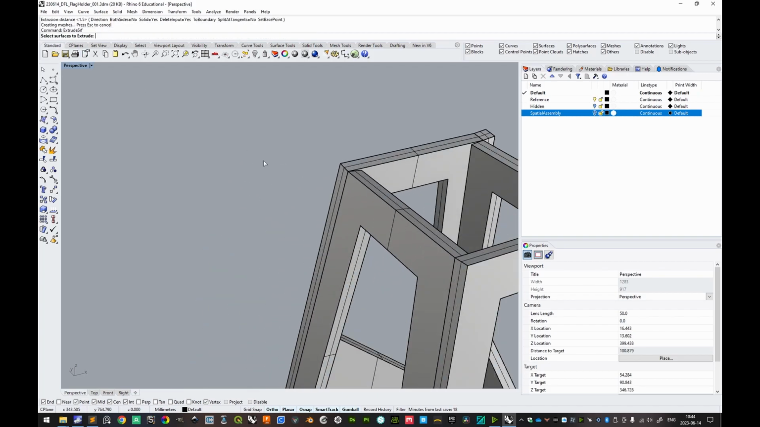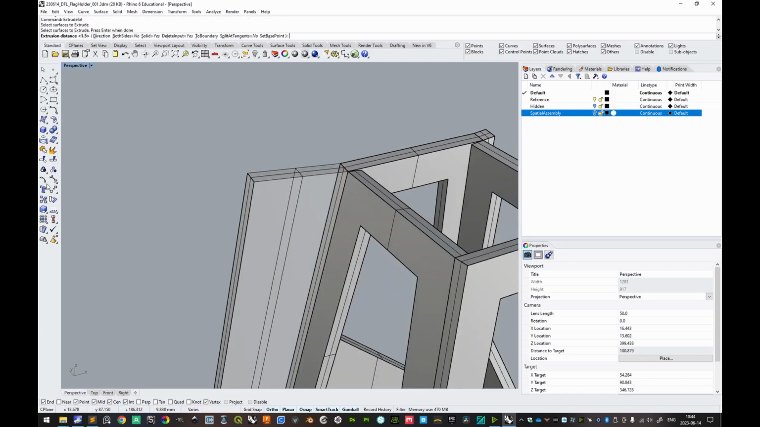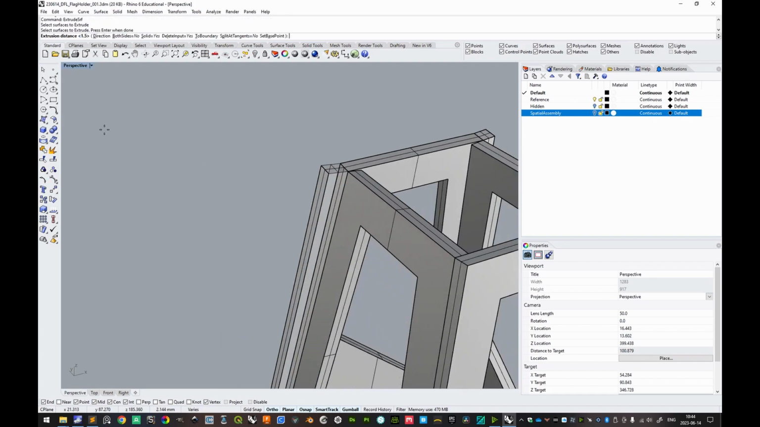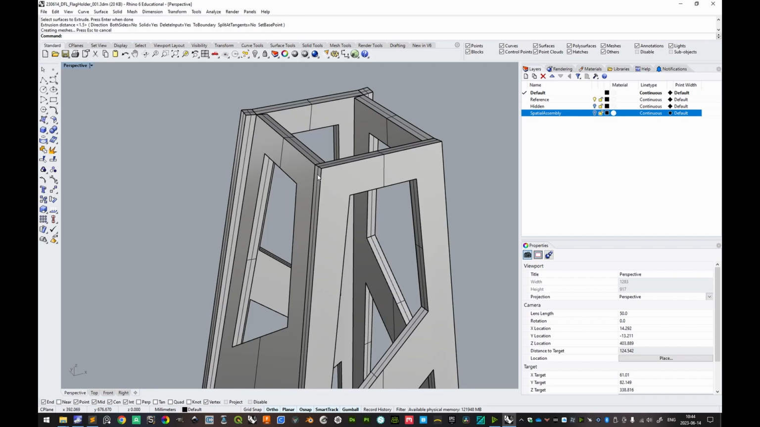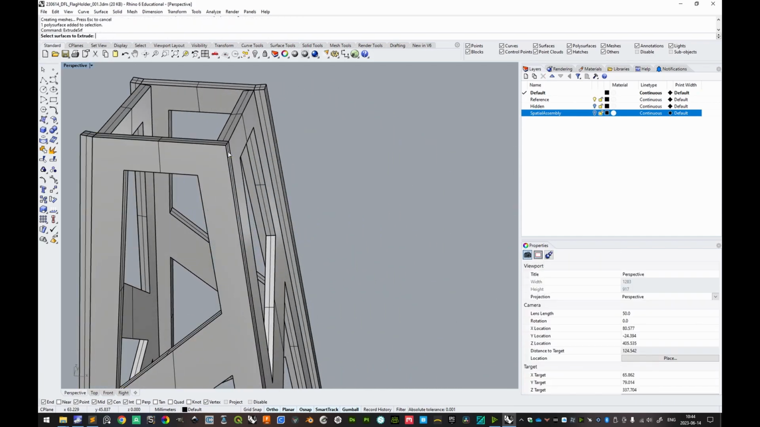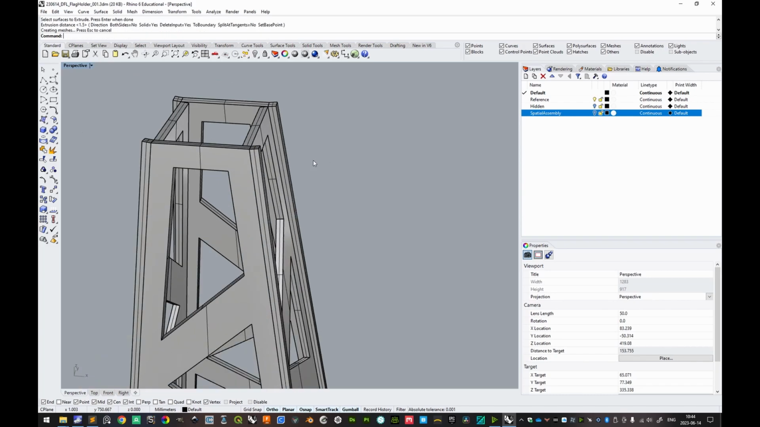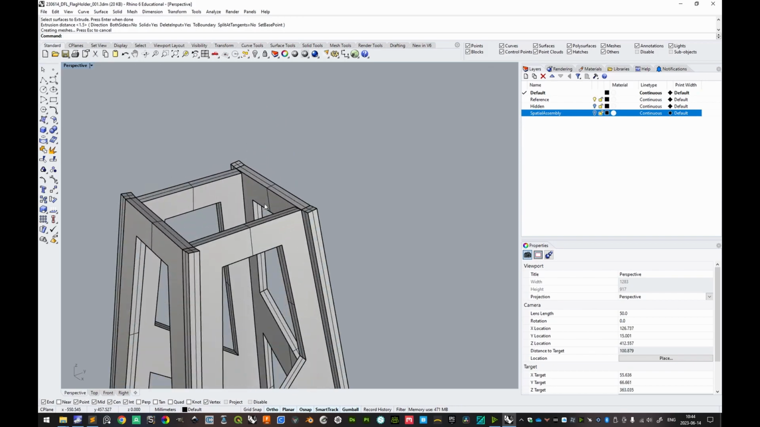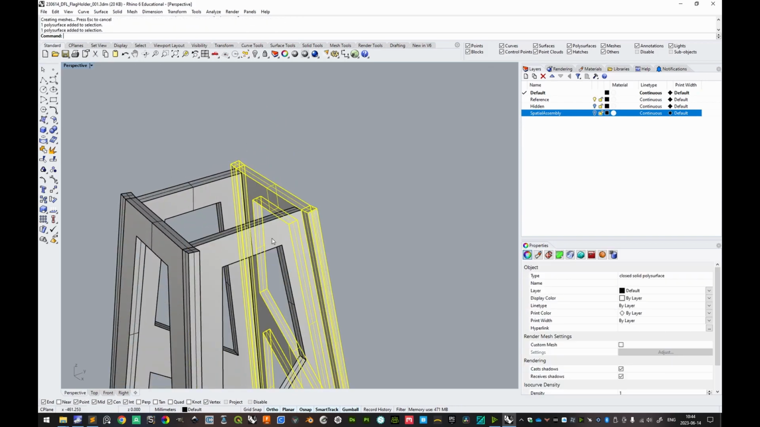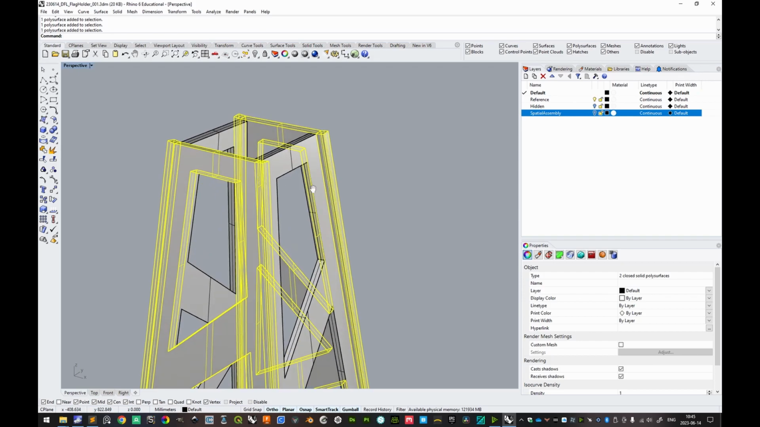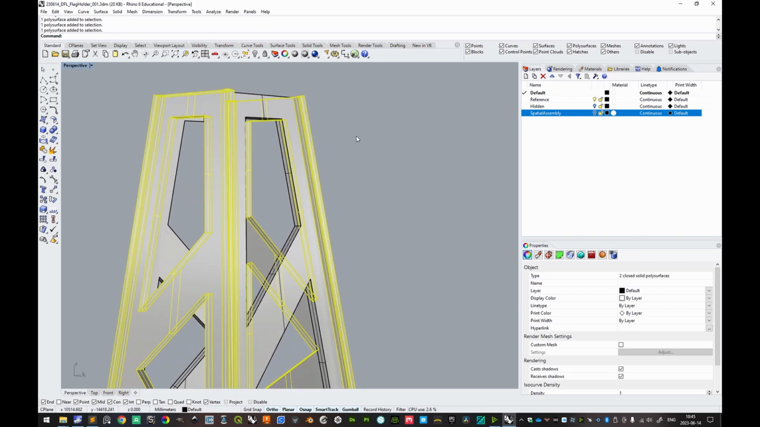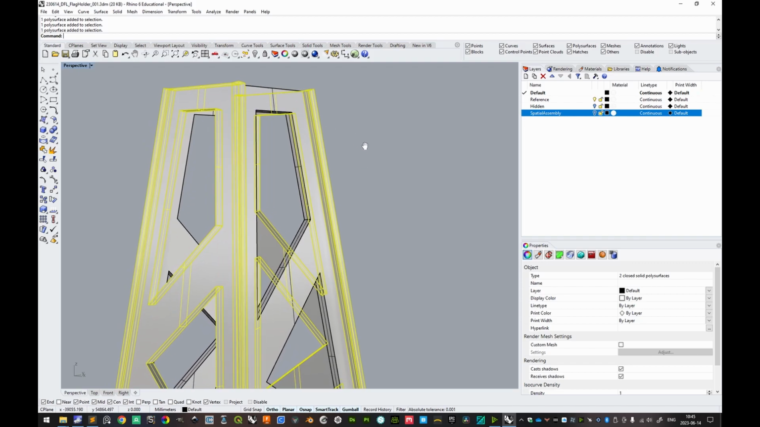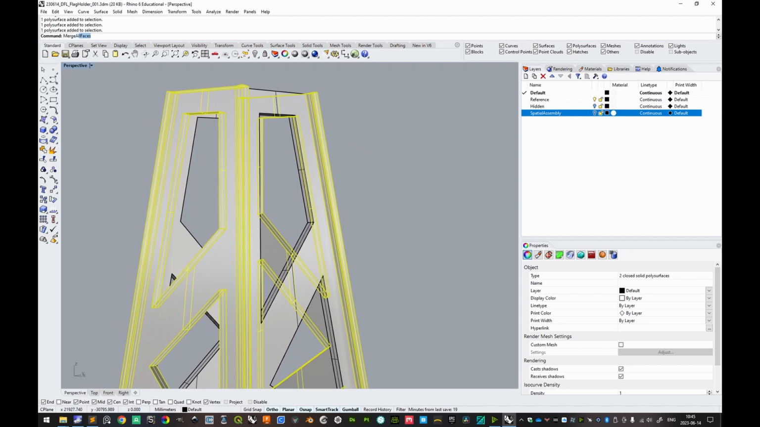So space to repeat last command, and this one, and make sure it's in the correct direction, and space. Very good. Same thing here. Very good. All right, now it extends a little, and we can also make sure that these two that we have extruded the edges there, or extruded the surfaces on the border there, we can do merge all